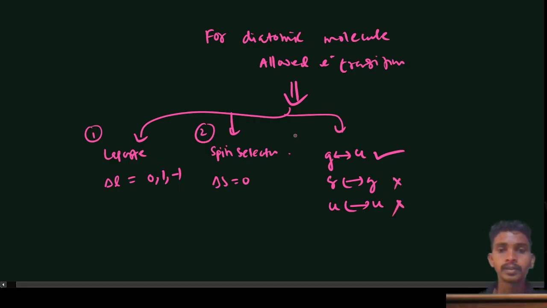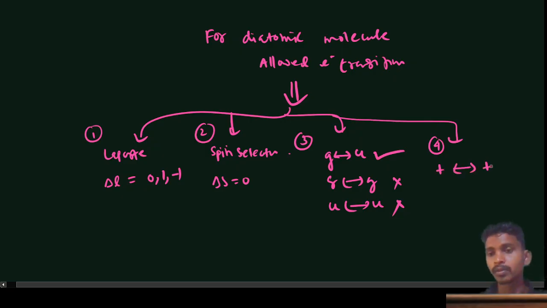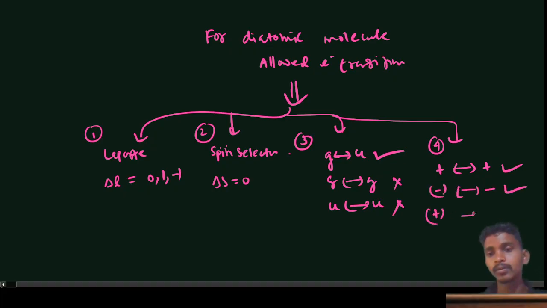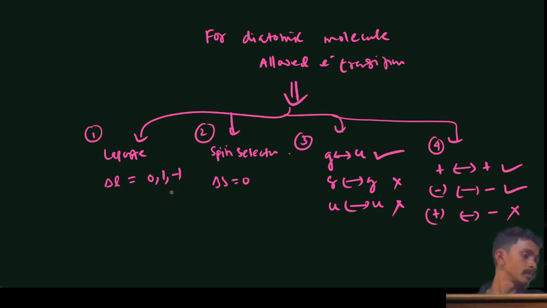This is the third condition. And the fourth condition is, for sigma terms, plus to plus is allowed, and negative to negative is allowed, but positive to negative is not allowed. So these are the four conditions, I think. So all the four conditions